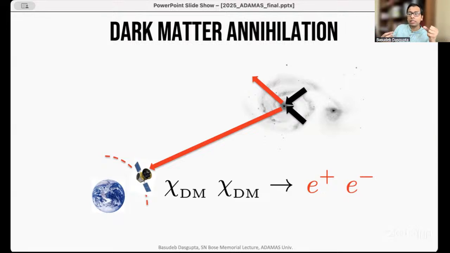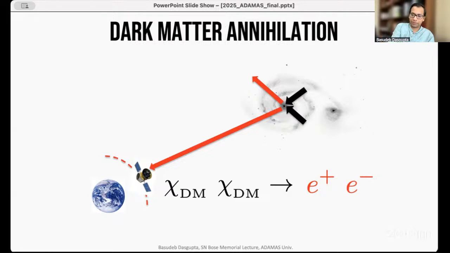And to be honest, there are in fact hints of such radiation from, let's say, the middle of the galaxy. If you look at the center of the Milky Way, we do see some unexplained radiation that is in fact consistent with the abundance of dark matter in the galactic center. But it is also consistent with an abundance of certain astronomical objects like pulsars in the galactic center. So we are in this situation where we have a signal which in principle could be from dark matter, but we are not claiming currently that it is dark matter because we have not sufficiently strongly ruled out the other